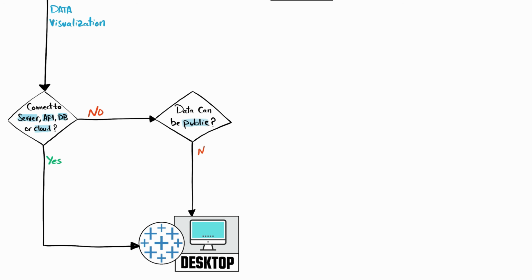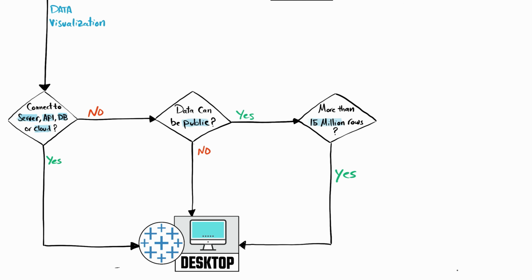If the answer is no, our data is confidential, then we have to use Tableau Desktop. But if the answer is yes, our data can be public, then we jump to the next question. Do our data sources contain more than 15 million rows? If yes, then we have to choose Tableau Desktop. But if the answer is no, our data sources have less than 15 million rows, then we jump to the